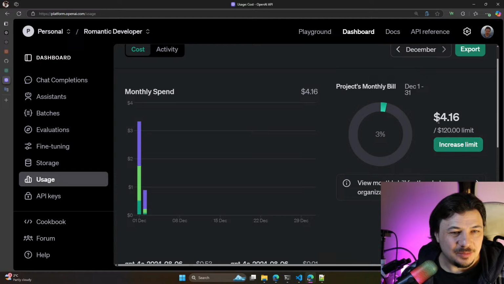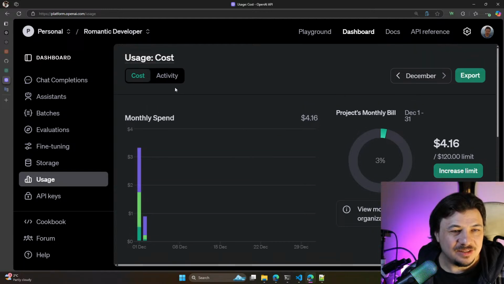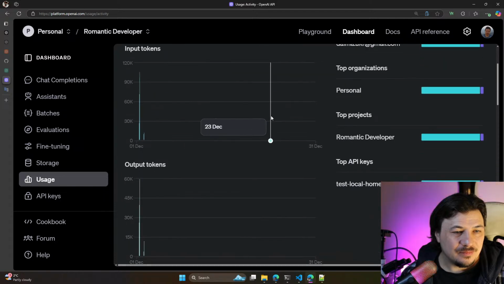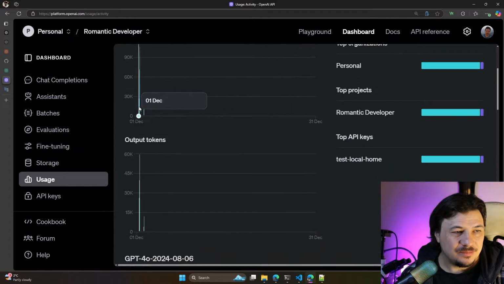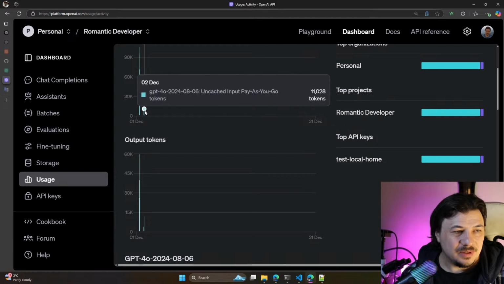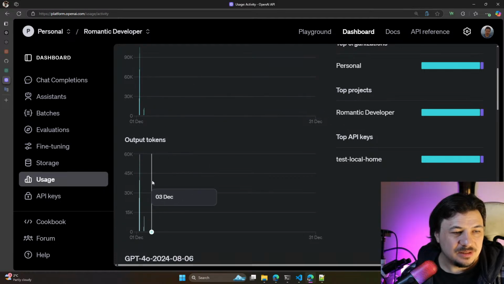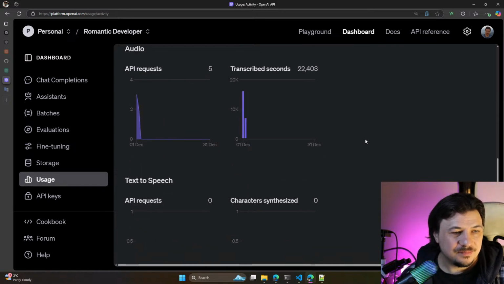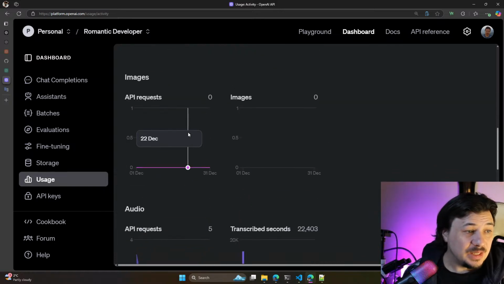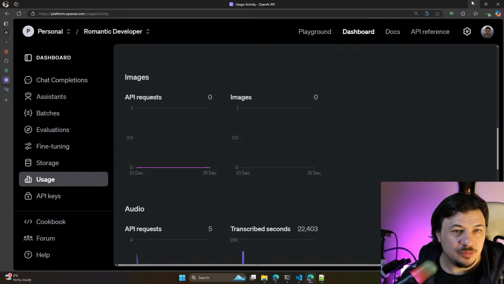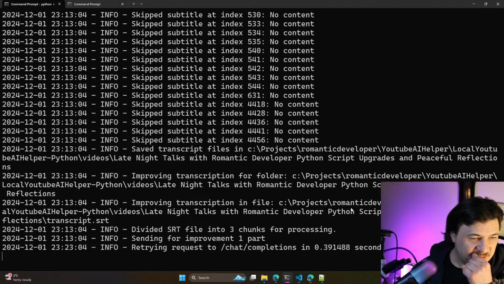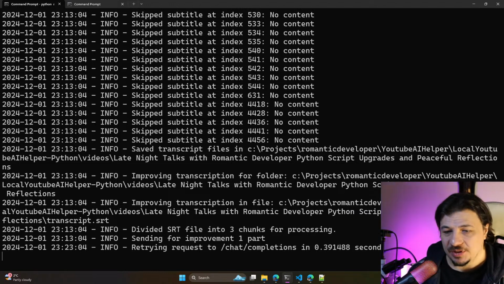So we spent something, but it's still under the limit. And today we are very low on tokens yet. So basically it should be good, but for some reason it's taking some time today.